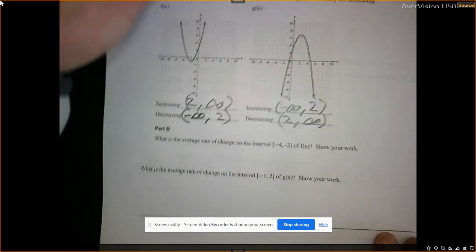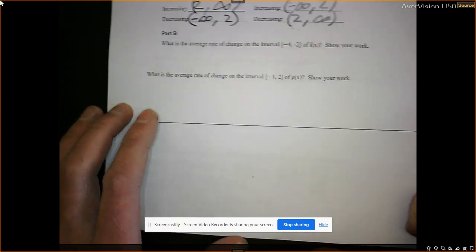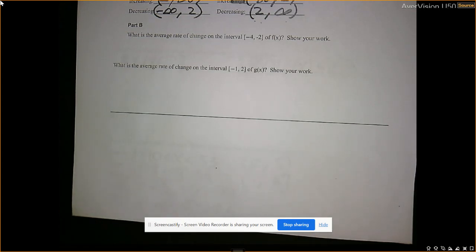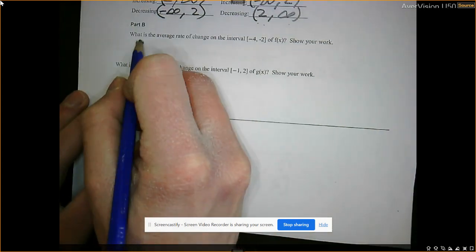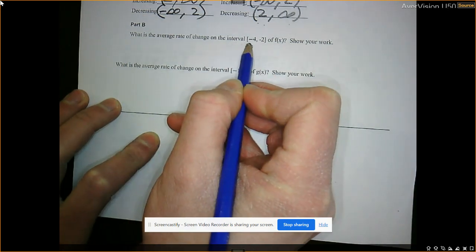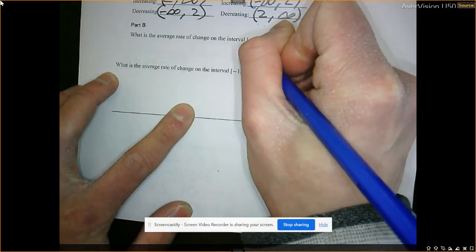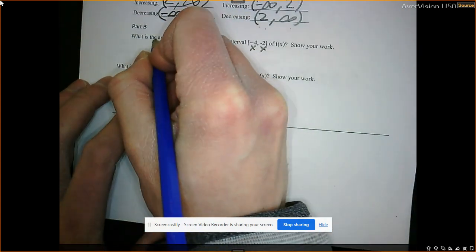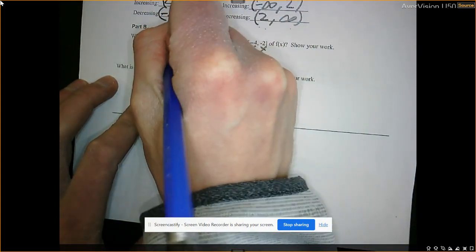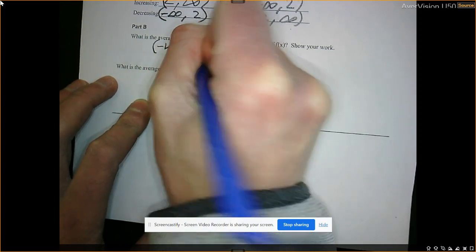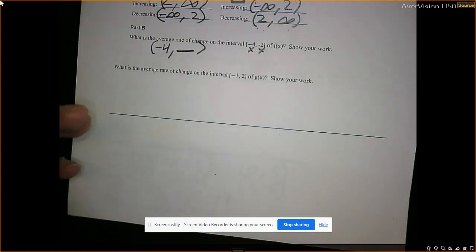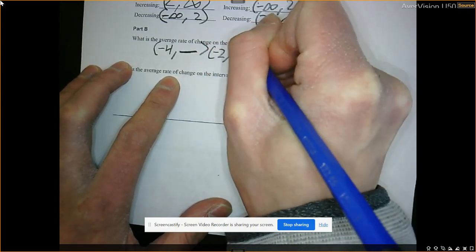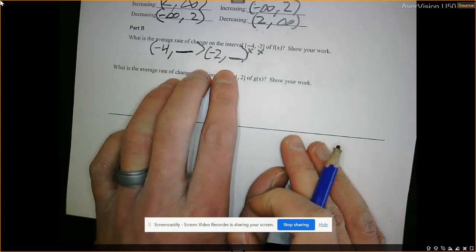Okay, lastly, part B, we have 2 questions about average rate of change. Okay, these are good questions, and we need to know if we're told what is the average rate of change on the interval -4 and -2. That means these are both x values. So in other words, I could say, okay, one of my x values is -4. I need to find the y value to go with that. Now my other x value is -2. I need to find the y value that goes with that. Then I'll have two ordered pairs,